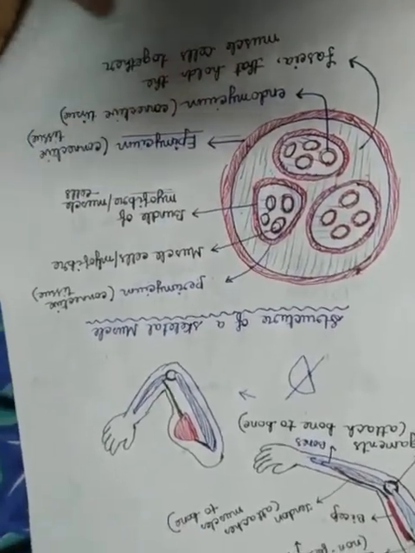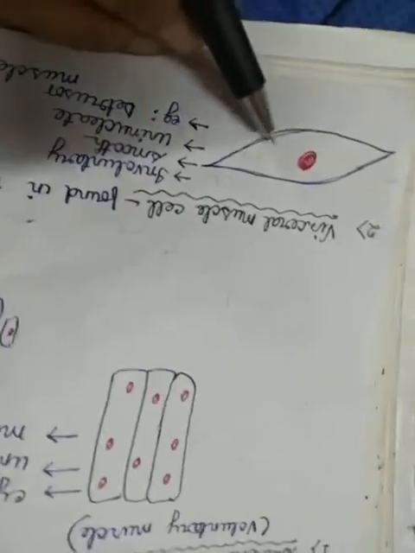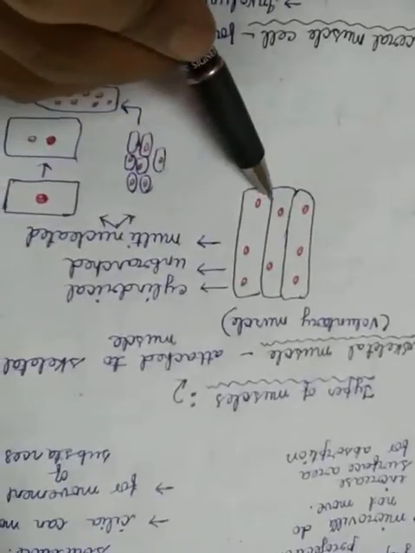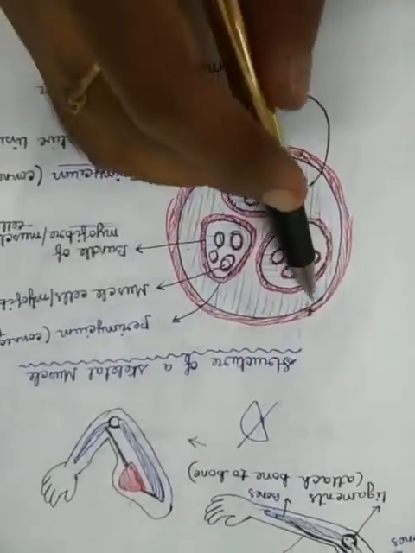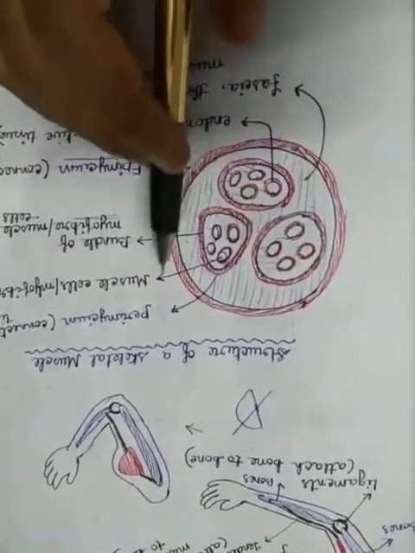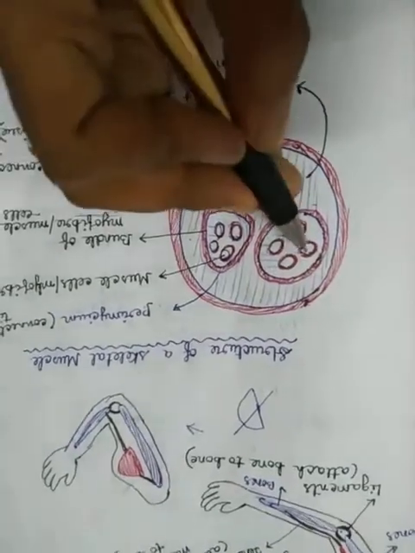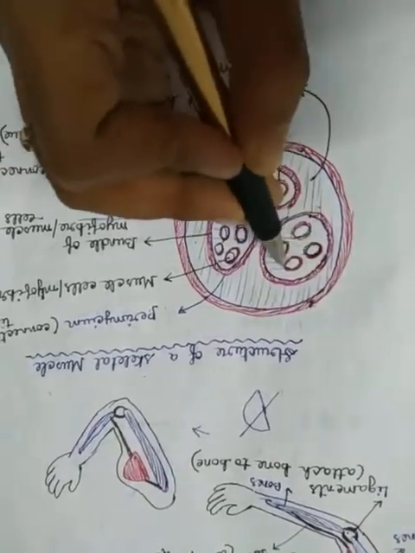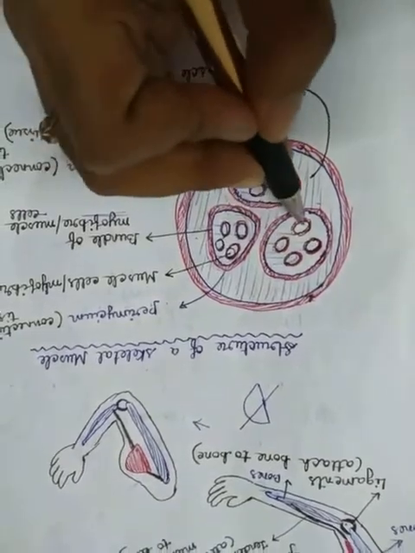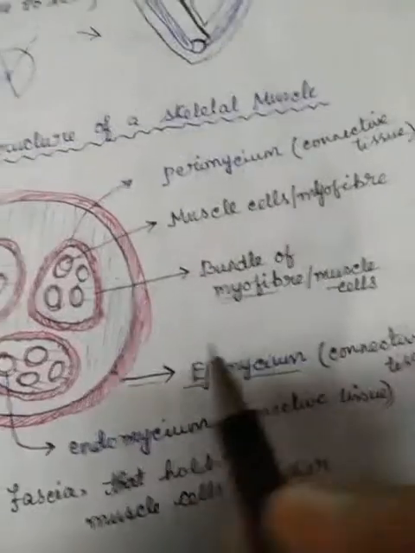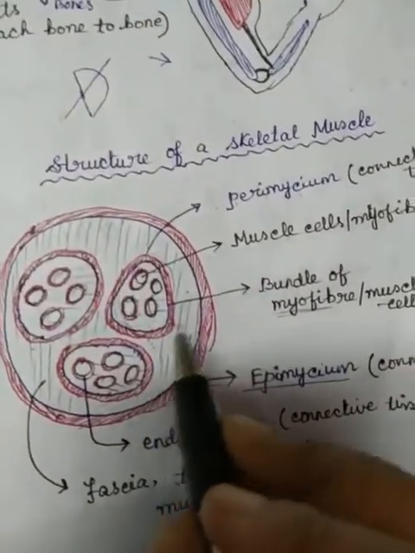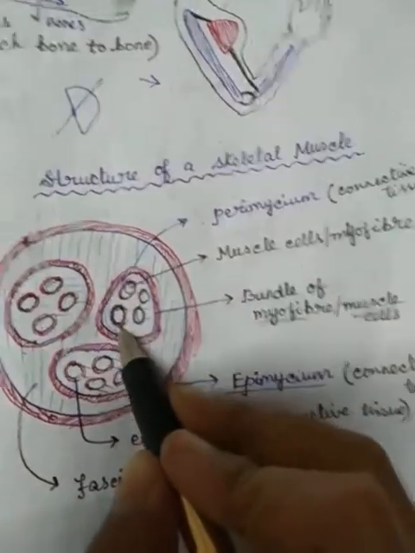But now a question: in the previous lecture I discussed that skeletal muscles are spindle shaped, cylindrical in shape. But here I have shown it round. But listen, actually this is the part of a muscle, not muscle cells. These ones are the muscle cells, which are called myofibers, and these are the cylindrical cells. Clear?